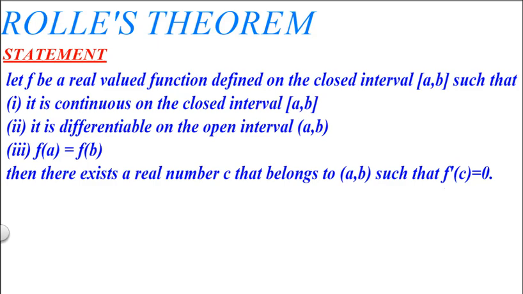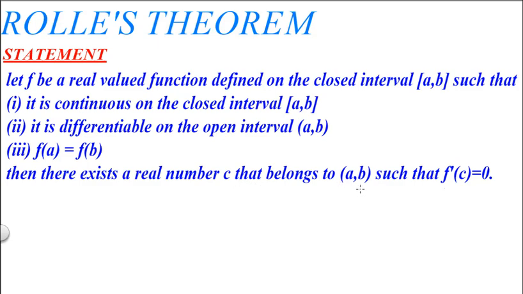So first of all, we'll move to Rolle's theorem, whose statement is given as: if f be a real valued function which is defined on the closed interval, so you have to suppose one function that is real valued, meaning its input and output values are all real numbers, on the closed interval [a, b], such that the function should be continuous, differentiable, and the third condition is f of a equals f of b. Then there will exist a number c. If these three conditions for the given function are satisfied, then there will exist a real number c